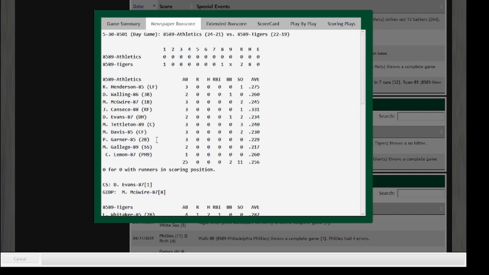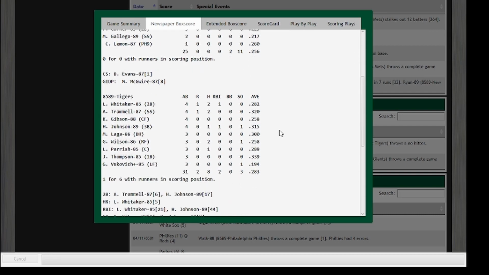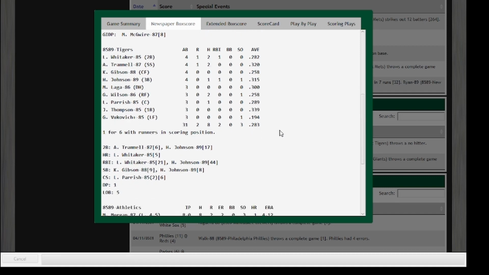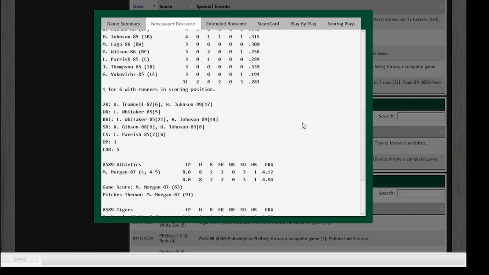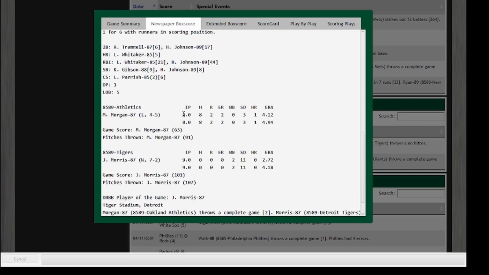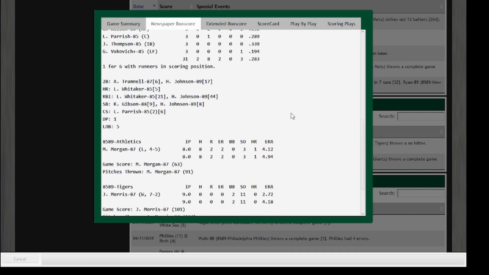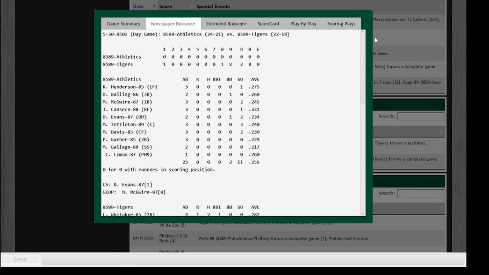Pretty decent lineup there. Nothing wrong with that. There's the Tigers lineup. Mike Laga getting a game at DH there. All right, there's a fill-in guy, George Vukovic. And nothing wrong with Mike Morgan's line, really, but Jack Morris, there's his 9-inning no-no with 11 Ks. All right, so